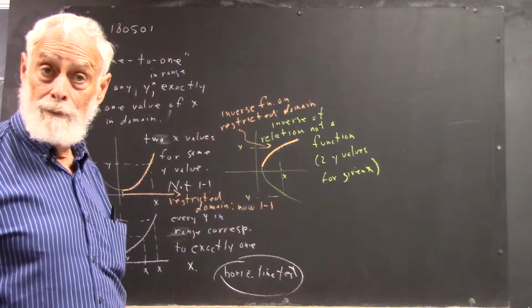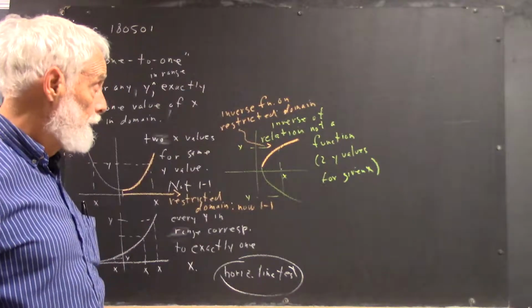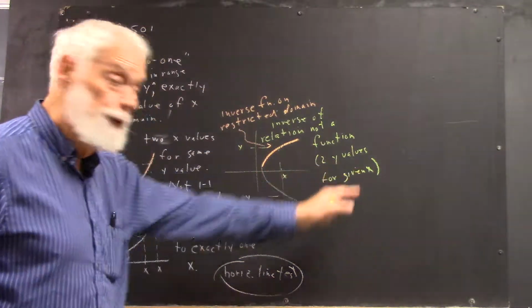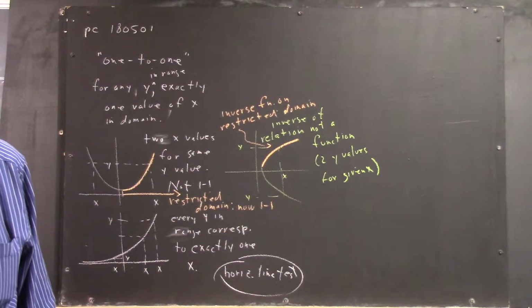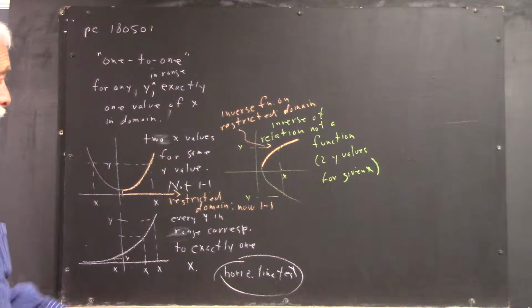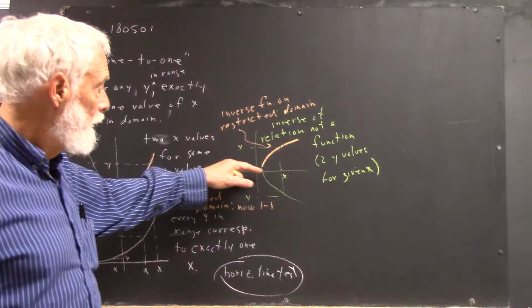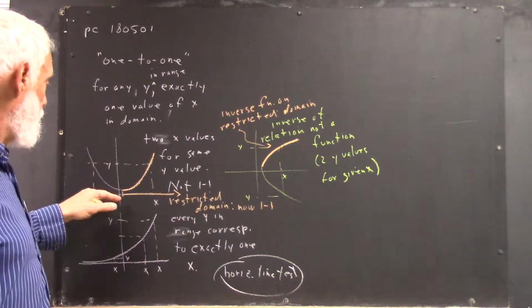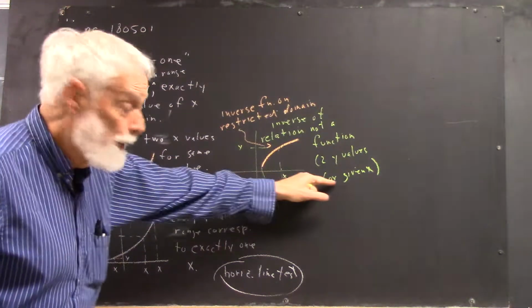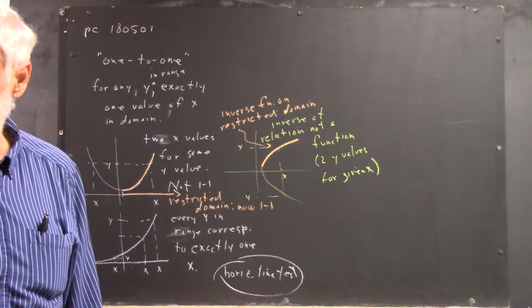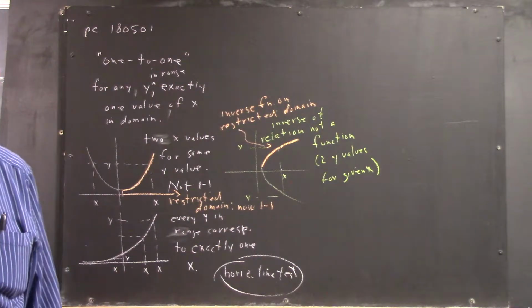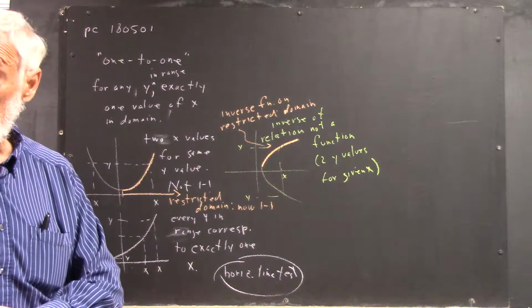Okay, and from here up is the range of the restricted inverse function. From here over is the domain of the restricted function, and they correspond to the opposite thing over here. The domain of this one is the range of this one, and the range of this one is the domain of this one. Okay, and it would be very good if you understood those things, because in applications often, for